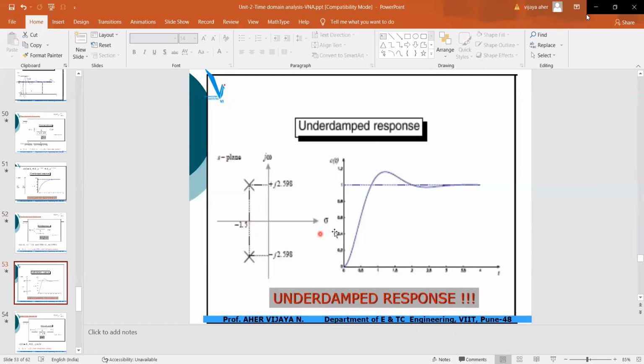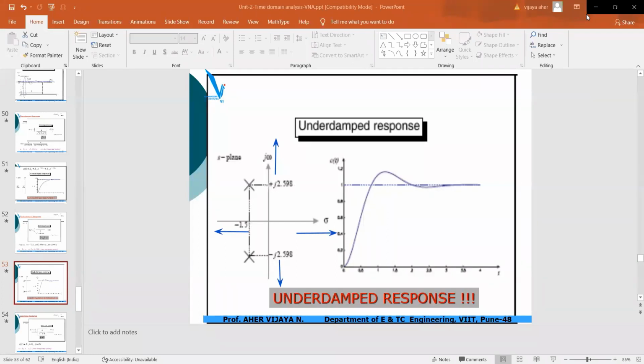-1.5. So my real part on this line is minus, this is nothing but minus rho. On this side, this is plus rho. This is plus j omega. This is minus j omega. Okay, in this direction. Okay, s is equal to 0. One pole at origin. Second pole at -1.5 real part, plus j